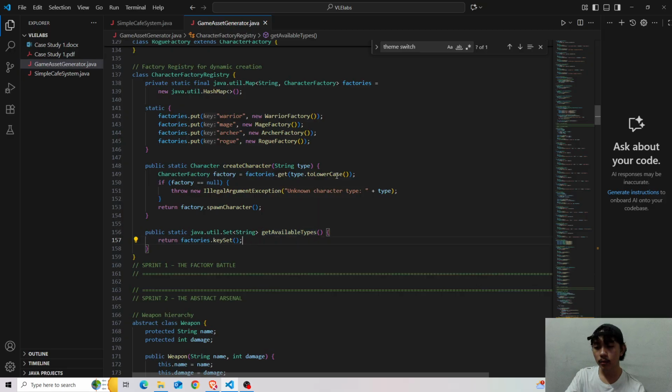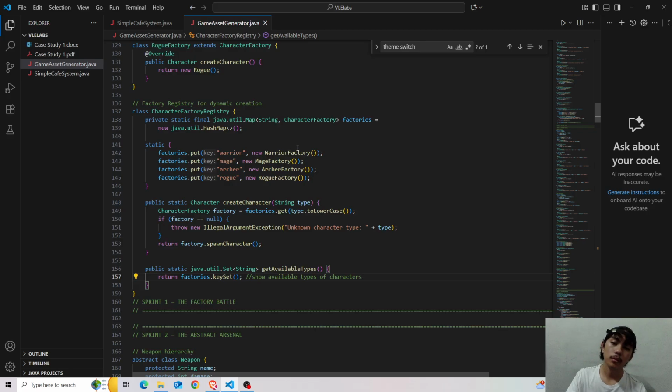This will help us show available types of characters, or factories. But we won't be seeing this in our output, so the client won't be seeing this because this is only for the methods on our backend.